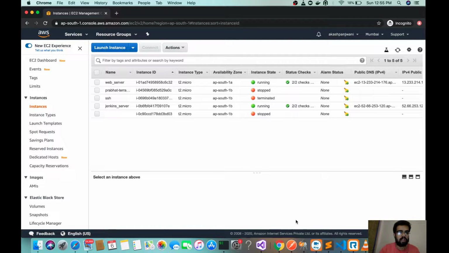Hello guys, so we will start with our first Linux basics lecture. In this lecture I will tell you how to use different commands and what the different Linux basics are. For this purpose I will take my AWS account to launch an EC2 instance. I will also tell you how to launch an EC2 instance from the very basics.